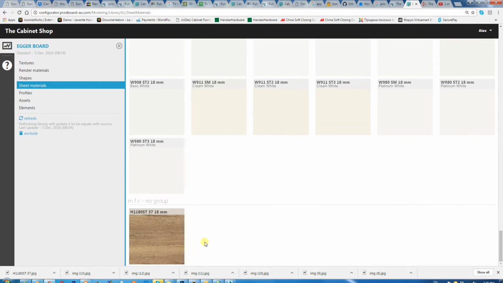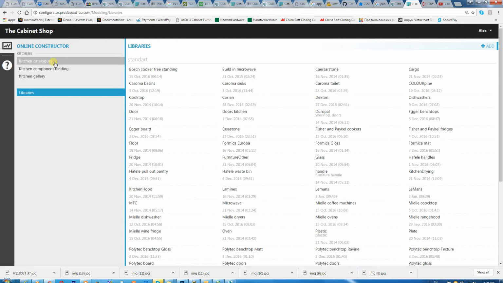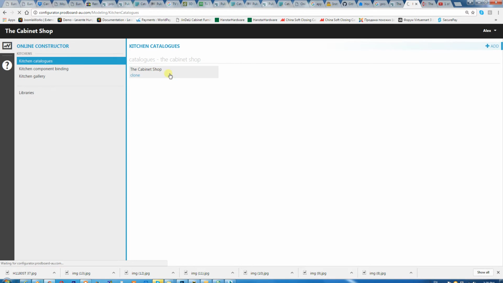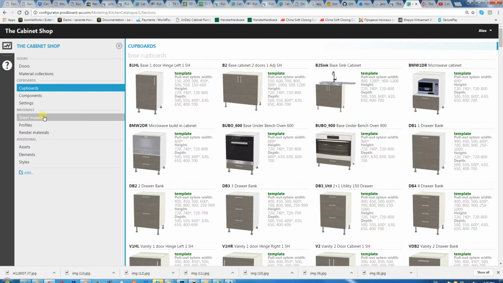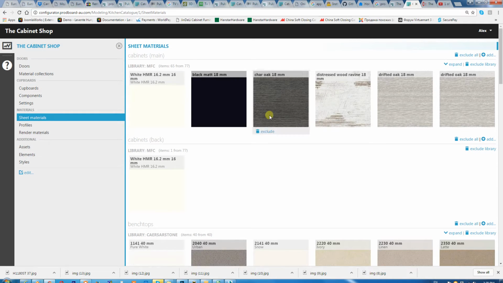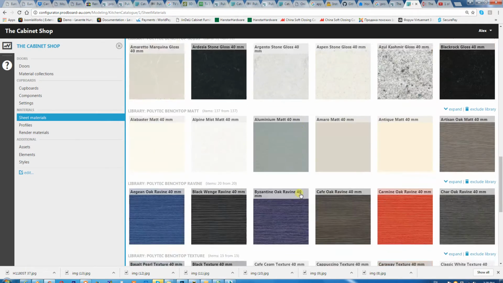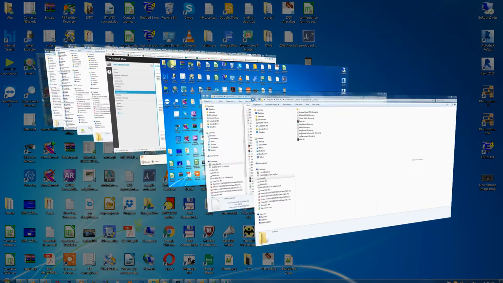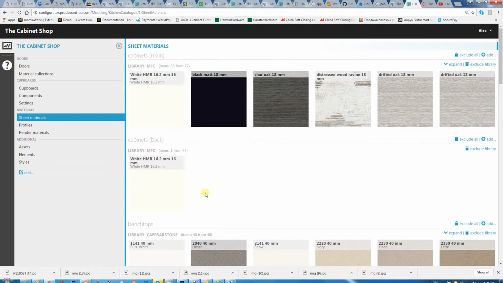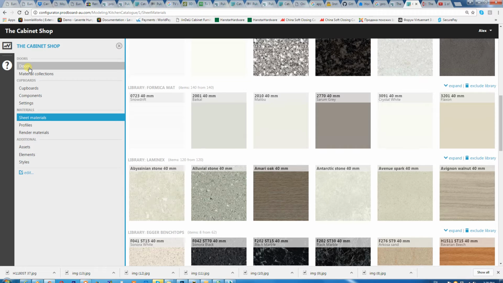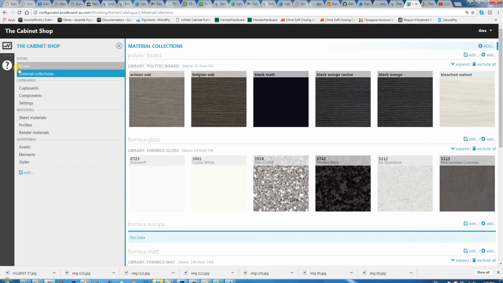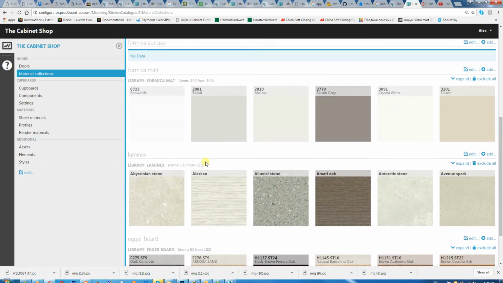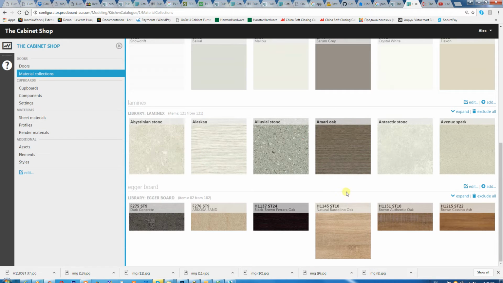Now you got this material in a system, but it's not enough. You need to add this material to your library. So when you'll go to your library and you will find sheet materials, there is a sheet materials for, let's say, for the carcasses, for everything, but let's say we will add this sheet material for the doors. Basically we are going to material collection. We go and we choose Egger board,